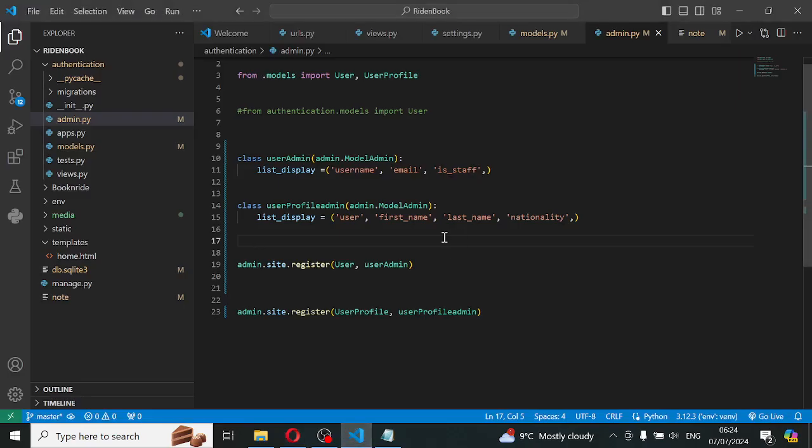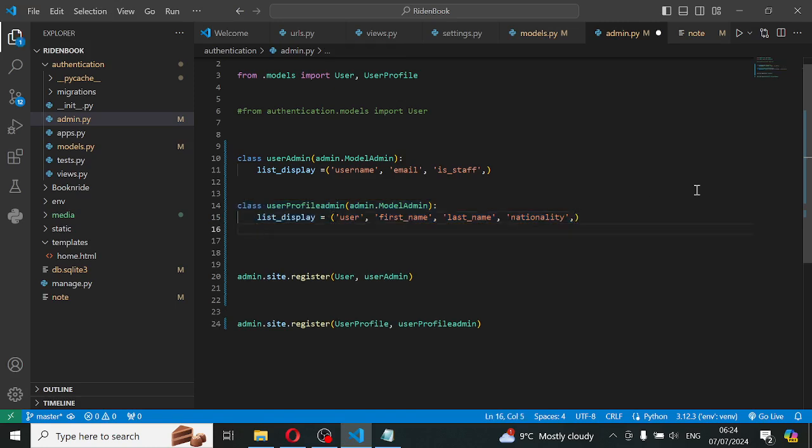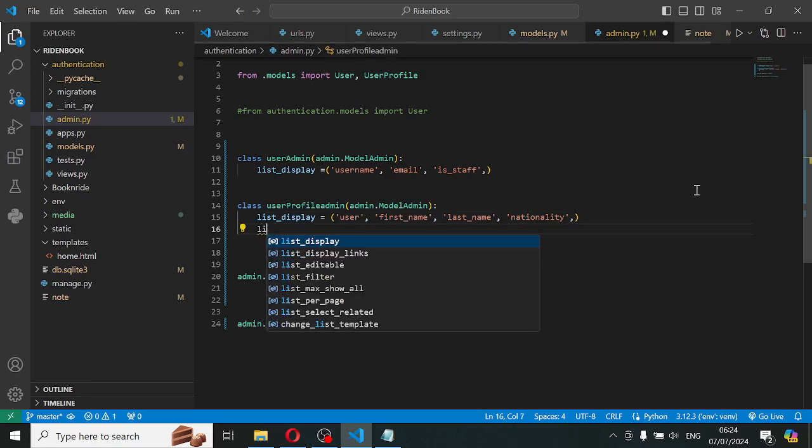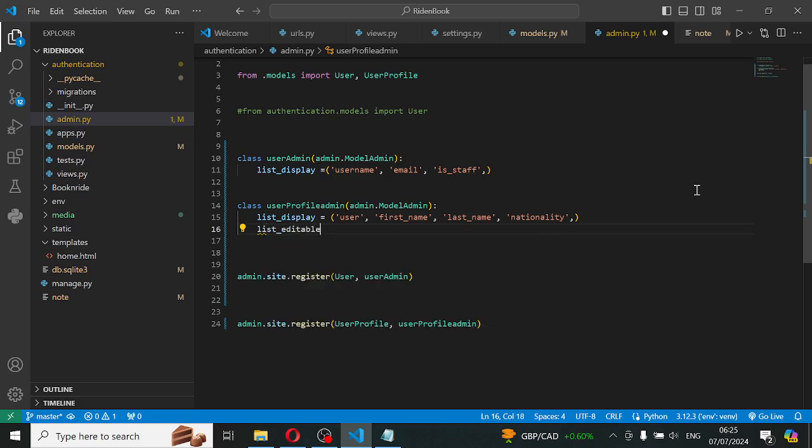Now, what you need to do, just simply come to this class that you've defined, add a second option, type list editable. List editable. That is it. So with list editable equals to